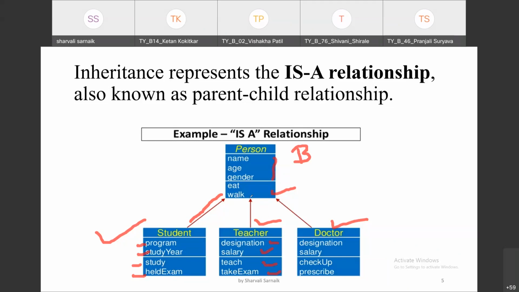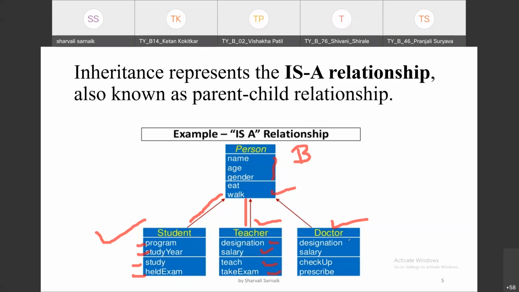So we are inheriting the features of person class into teacher class. So total there will be 5 data members: name, age, gender, designation and salary. Similarly, there will be 4 member functions in the teacher class.